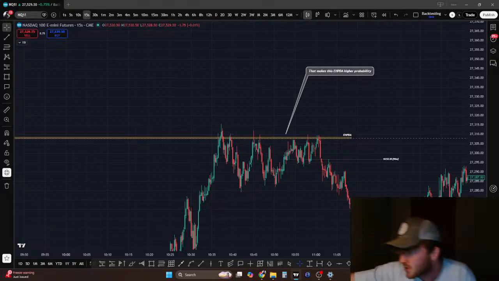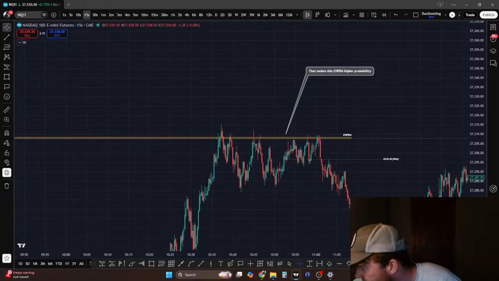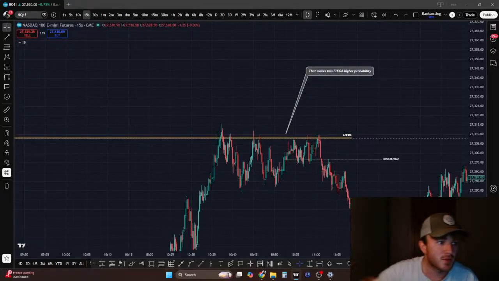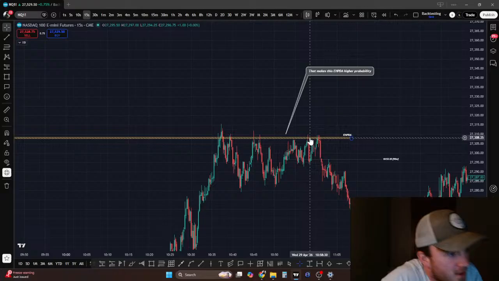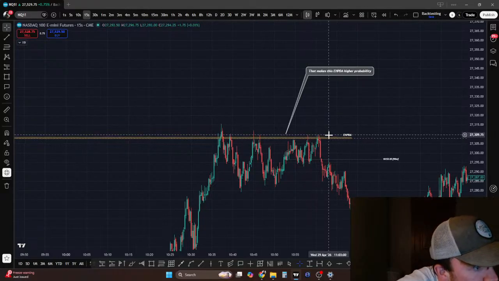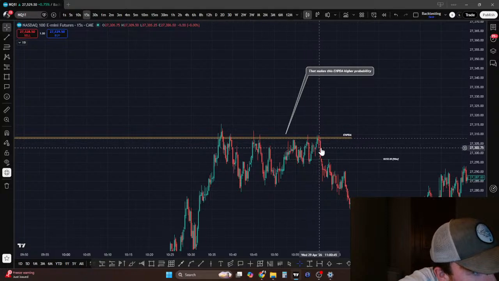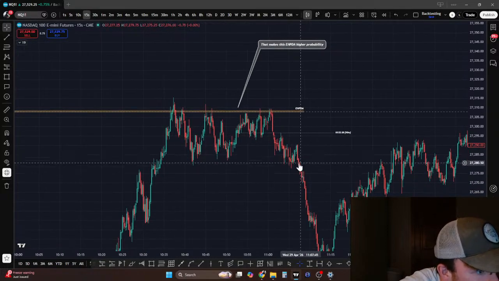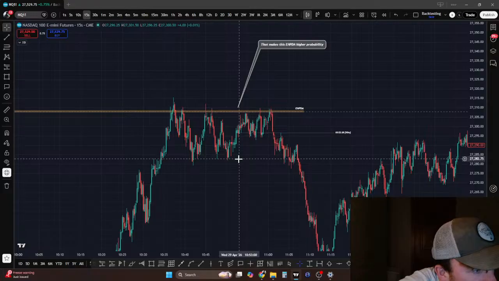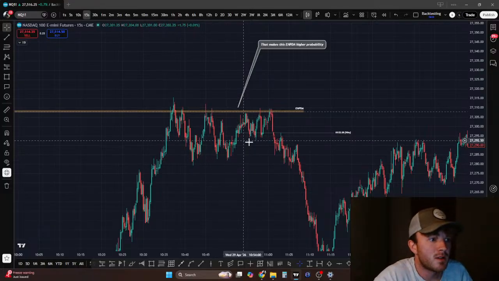We had some absorption, not a ton, but a little bit. Looks like we used the rejection block here. So this was likely Phoenix model. 10:52:30. So it should be